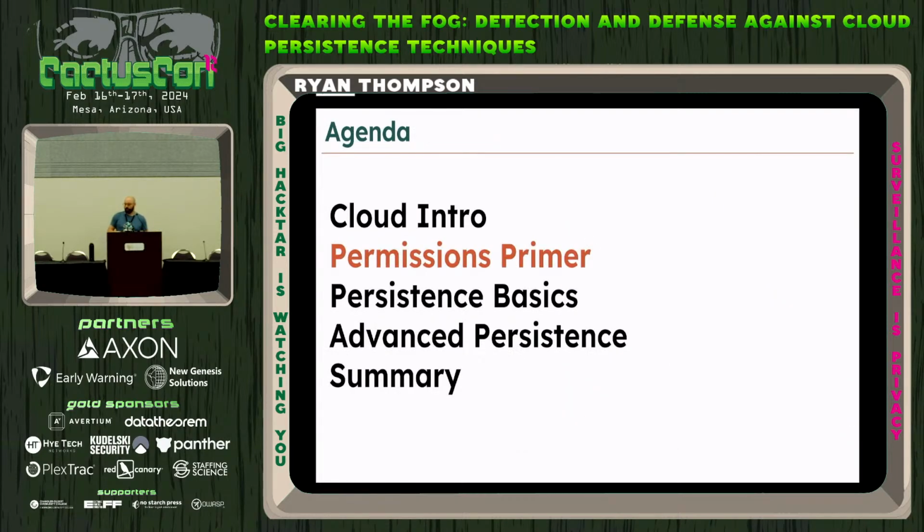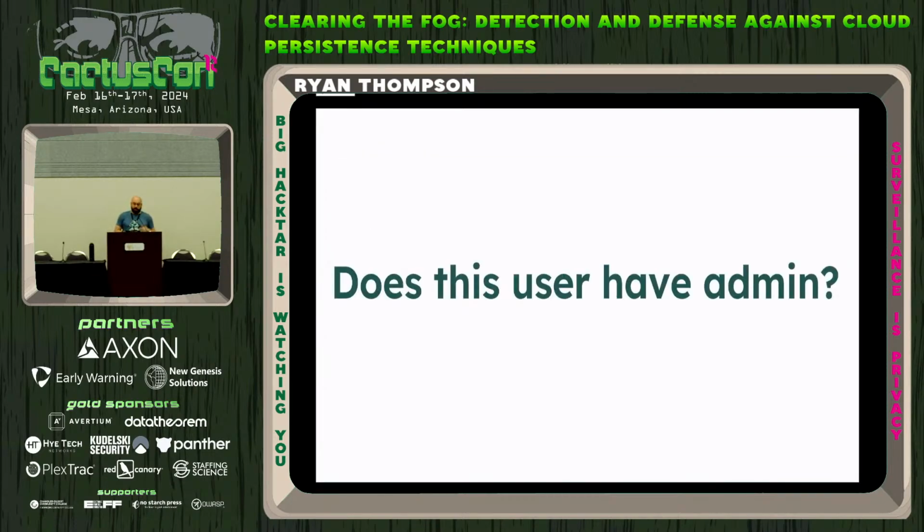So in order to persist in a cloud environment, you don't create a cron job, you don't create a scheduled task, you don't maybe have, I don't know, some kind of run command that runs at the beginning of each login. You do it through permissions. So let's chat about that for a second. This is a very simple question, you would think. And this question